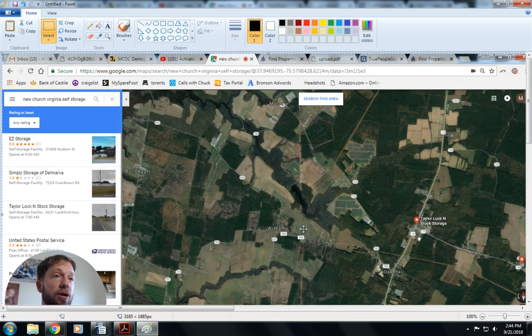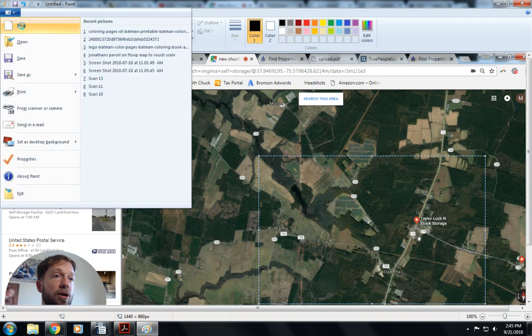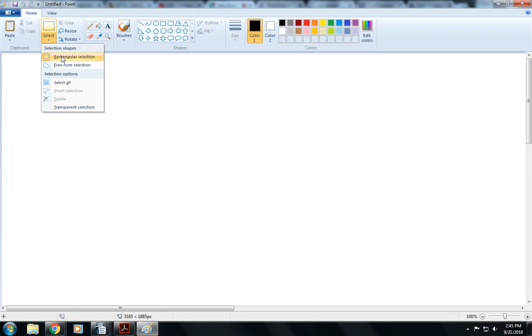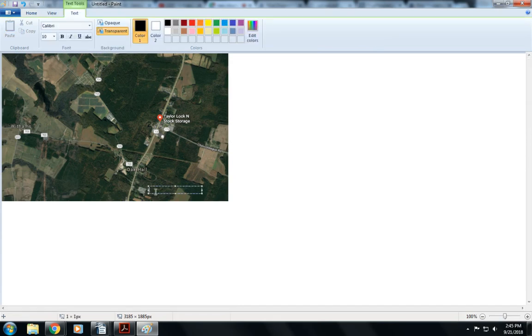Now we've got the whole screen here, and we'll crop that down to the size we want. Let's say here's what we want to show. We're going to copy this, get to another saved one. We always have to hit Select All before we paste, and then paste it. So now we've got our thing here, and we can manually label it. What I'm going to do is just go to the text box, come down here to this pretend storage facility, and type in